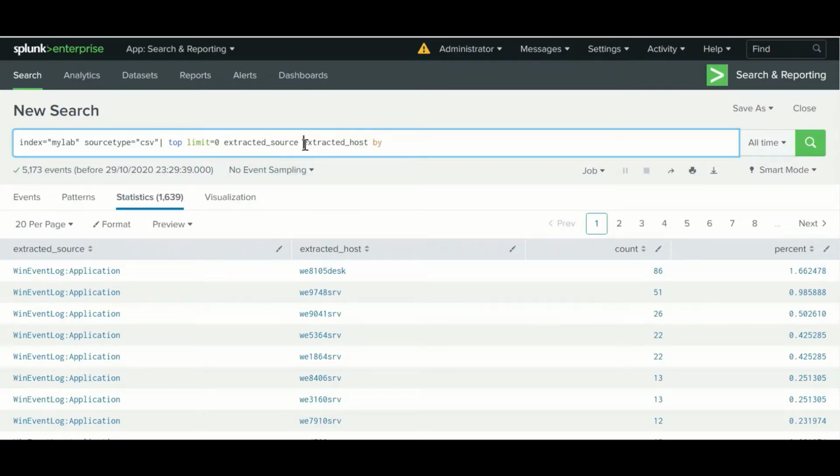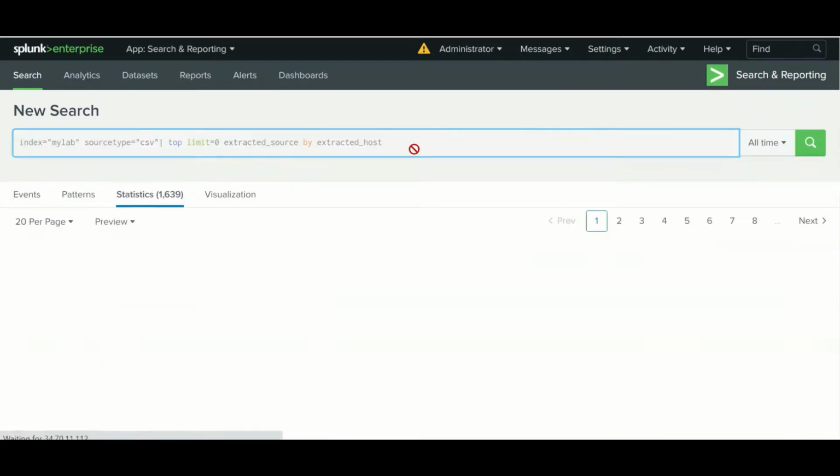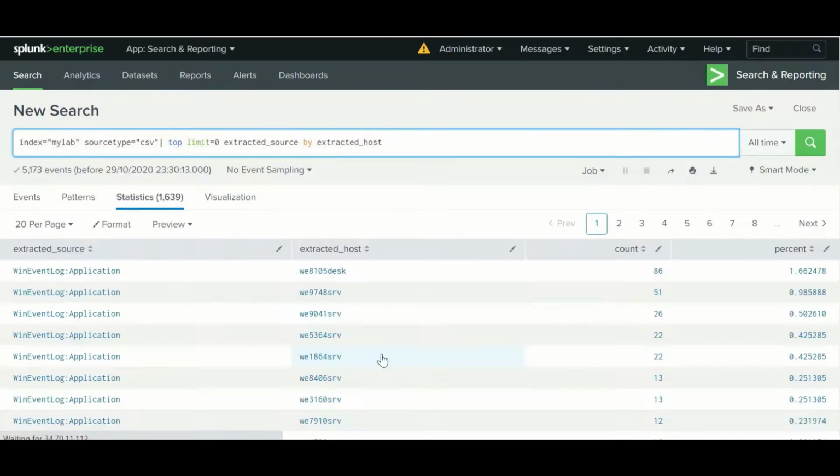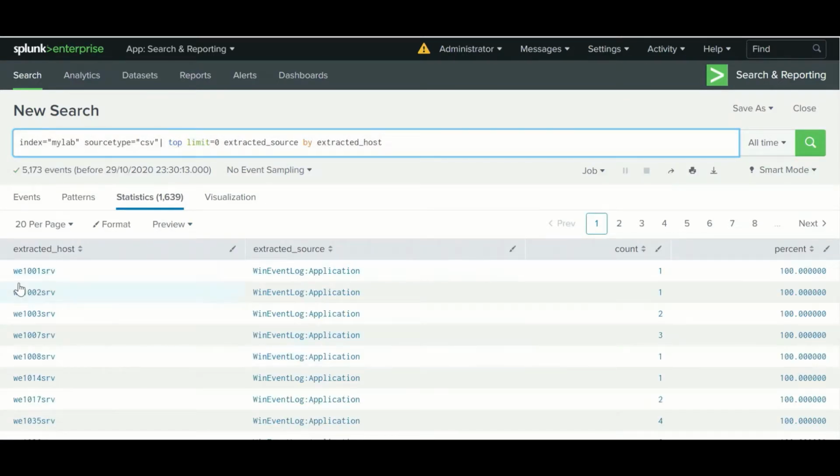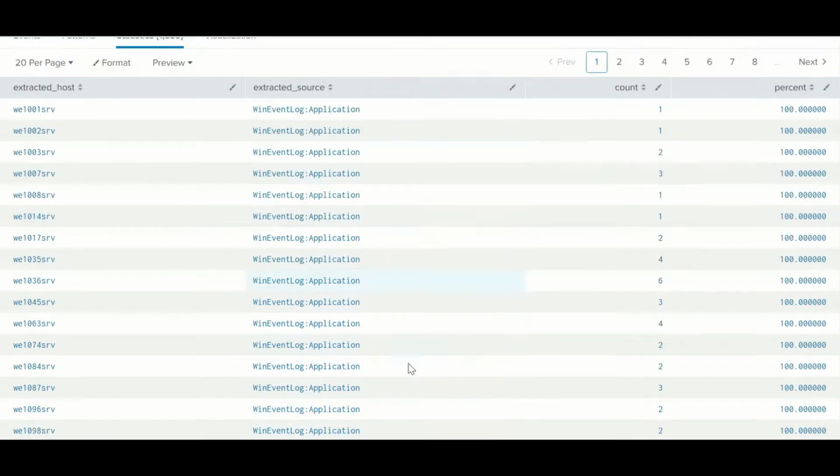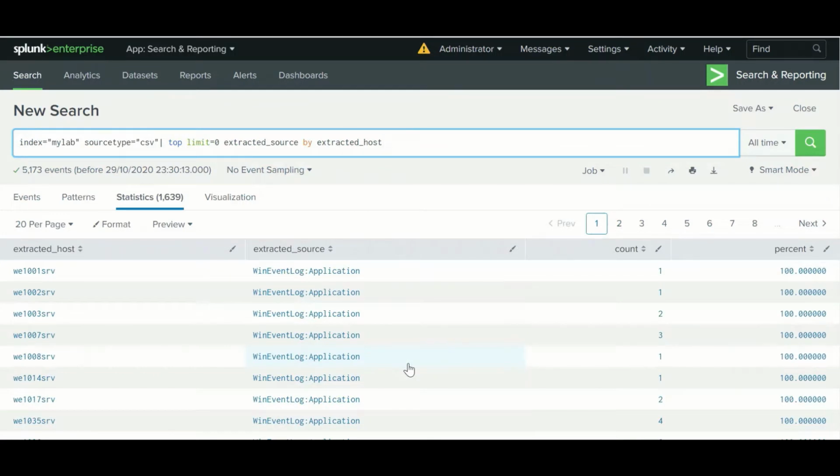See, for this host, the source type will be this, and the count will be 1. So this is how you can use it through the by clause.